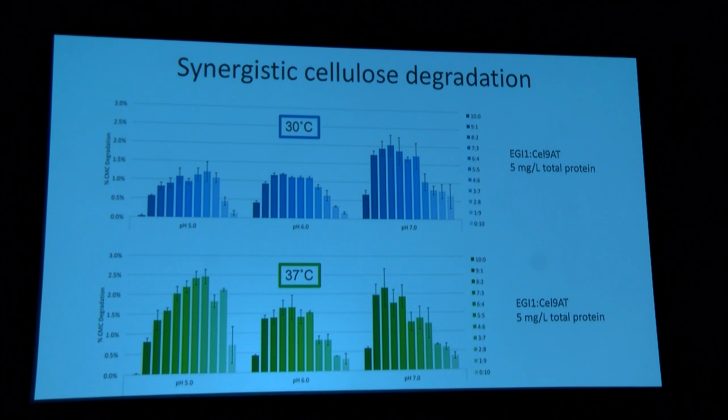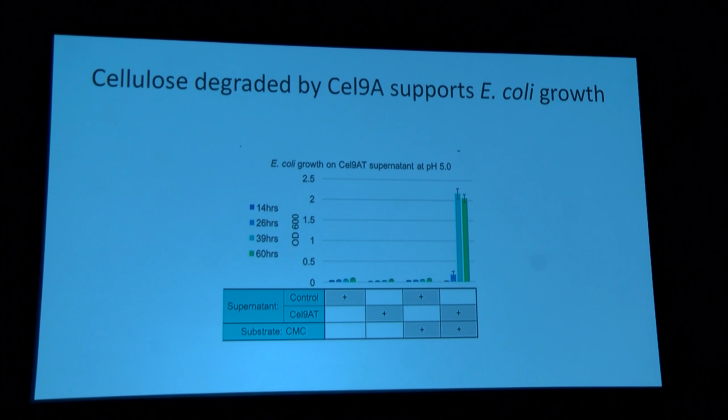But essentially, we're seeing really nice synergy between these proteins, which means now we can think about co-culturing a few strains of Bacillus together that are making different cellulases, and then combine that with E. coli. And we're doing some work on the E. coli side of things as well that hopefully I will get a chance to talk to you about at another meeting.